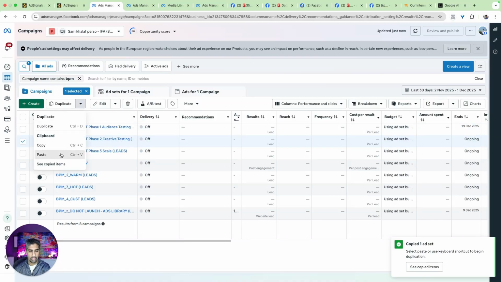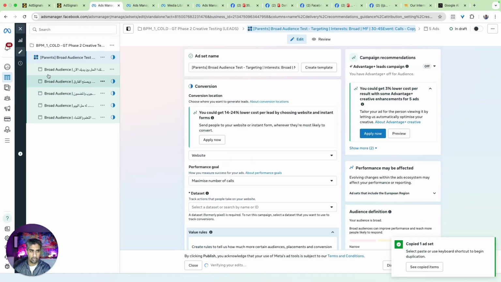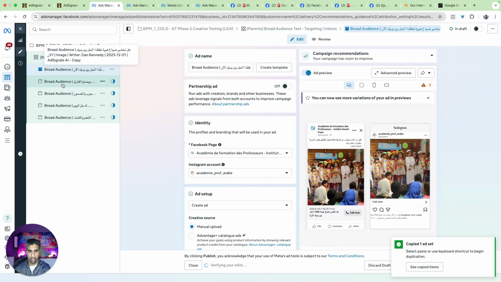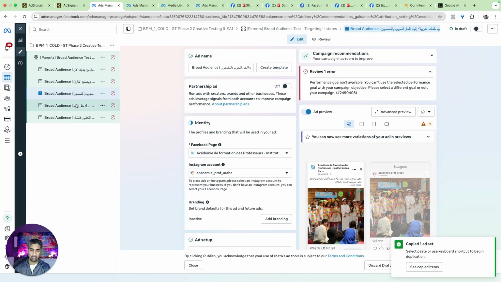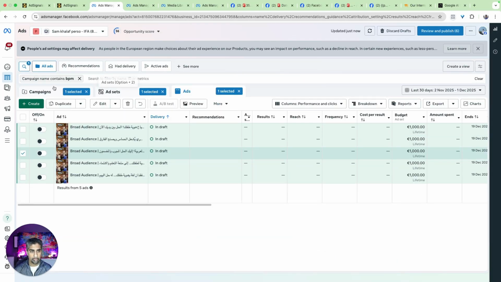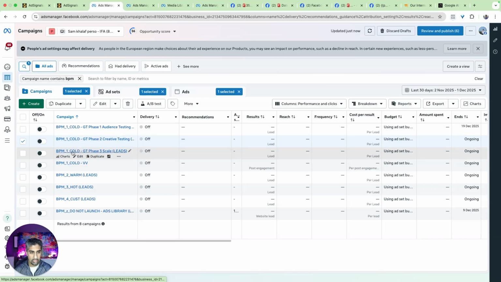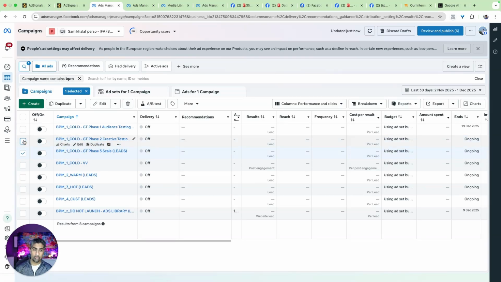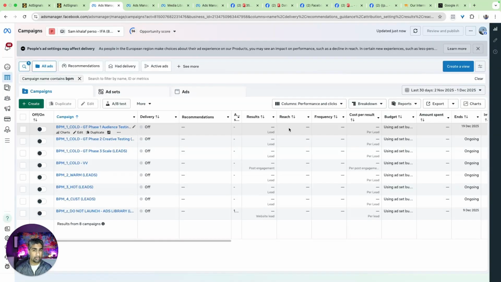And the reason for this is I want an ad set here where I can just focus on testing new creative. So we have some ads here already. Now for this phase, because all I've done is locked in different copy with the same creative, now I want to go through a multiple creative process of testing. And at the same time, push that same winning ad set into phase 3, where now I want to do more scale testing. So I'm just going to discard that draft to get more leverage in terms of stability and profitability. They're all parts of the BPM method outside of the scope of this video, but hopefully this gives you the process of